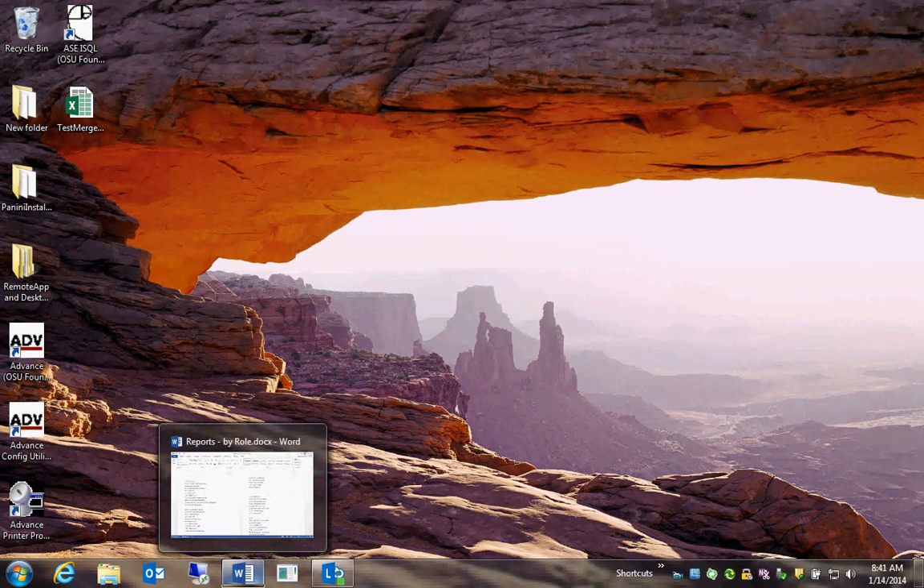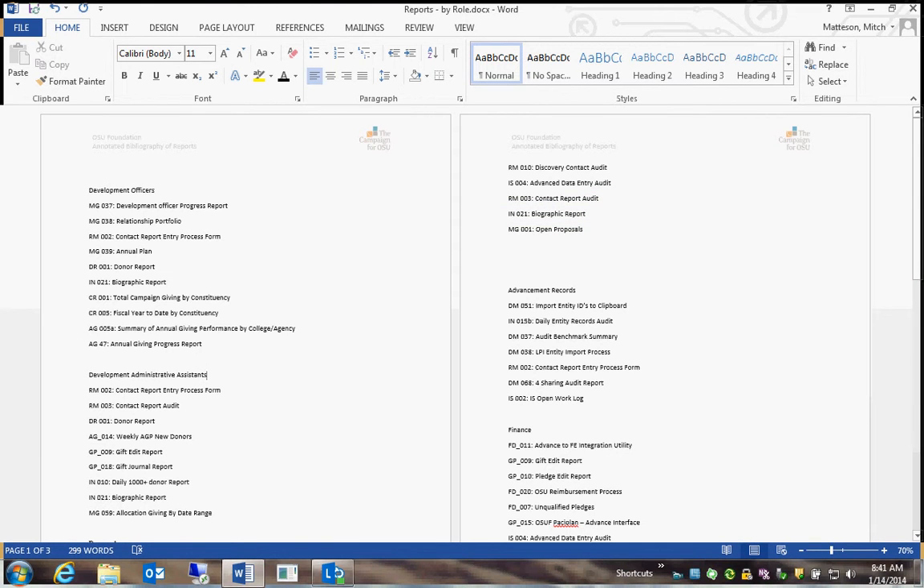When working with a Word document that has a lot of different sections and subpoints, creating a table of contents can be very helpful. The first step to creating a table of contents is obviously to have your document ready. For example, here I have a document which has different sections or divisions and commonly used reports for